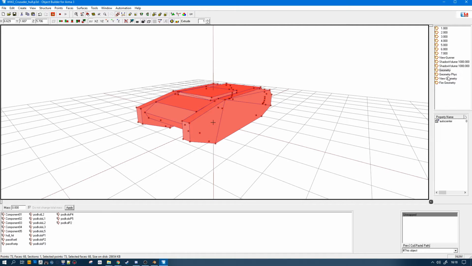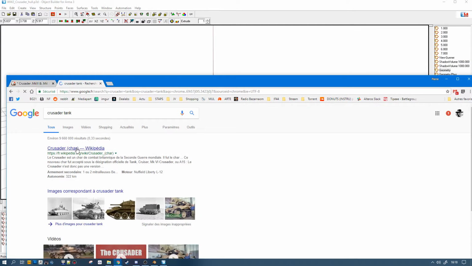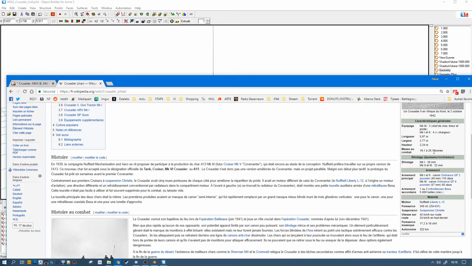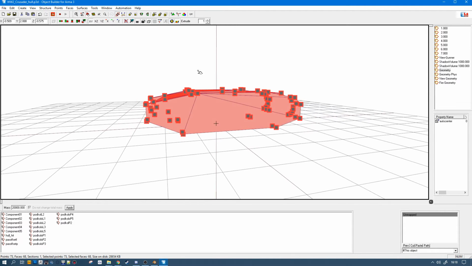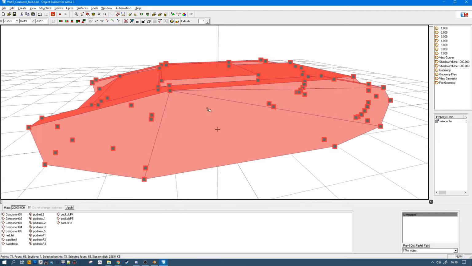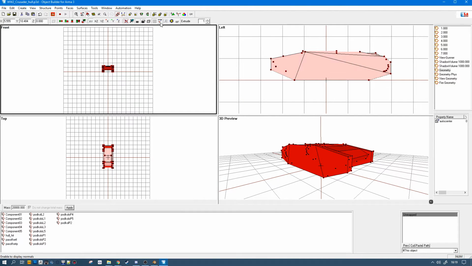So once you have the four geometry loads, you want to assign the mass of the vehicle to the geometry. For this you go to Google, Crusader tank, and look for mass. Oh, it's 20 tons. So 20,000, and you see that this is going to give some weight per vertex.